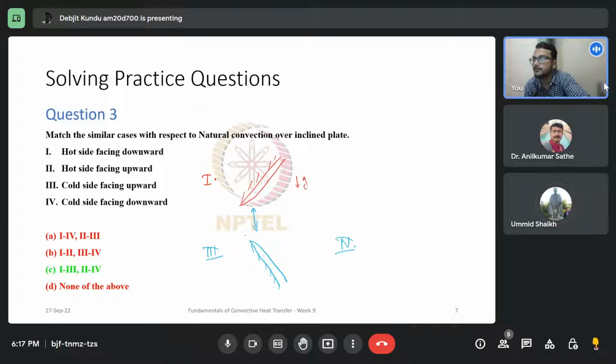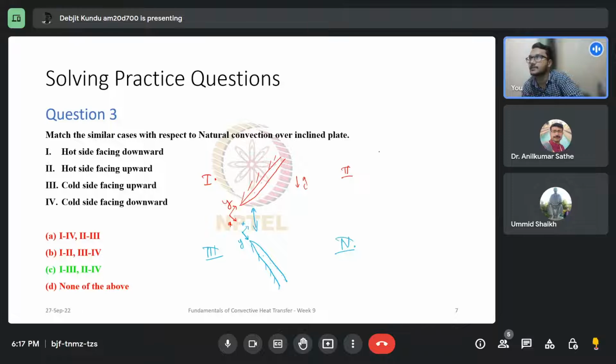No, upward and downward is simply a matter of coordinate system. I can take y this way and x this way for a cold plate, and similarly for the hot plate I can take y this way and x this way, and that way the maths that I perform would be exactly the same. Okay, then it's okay. Following a similar argument, if I go to case two,